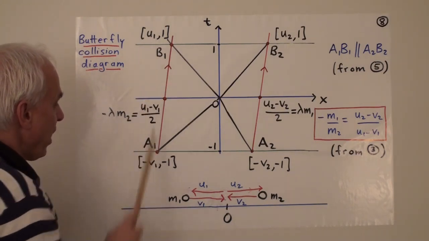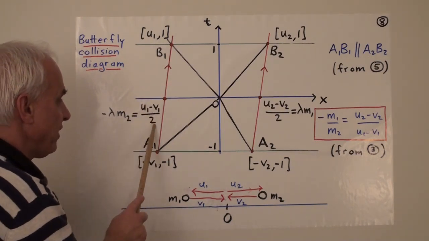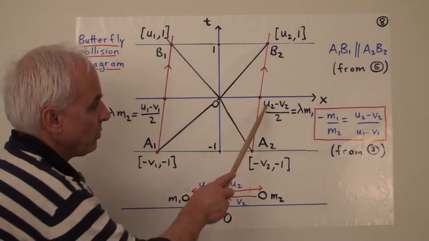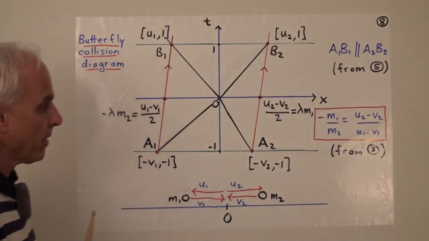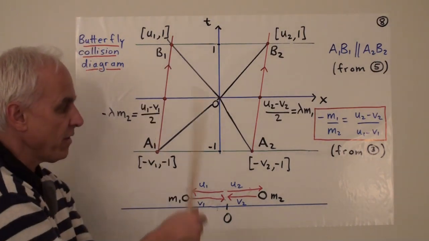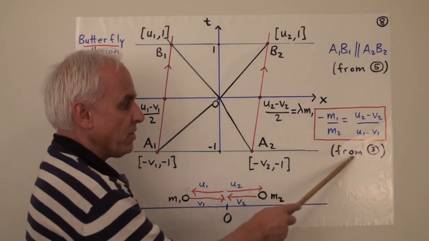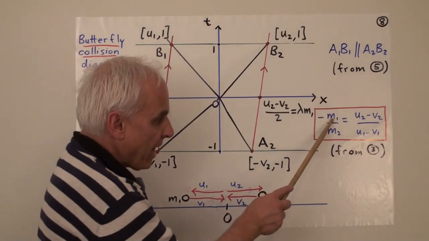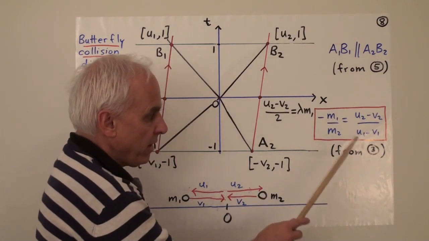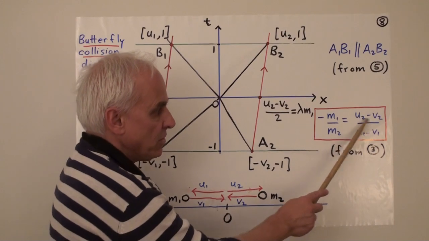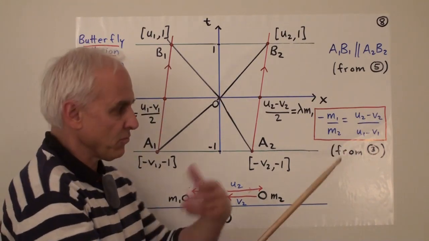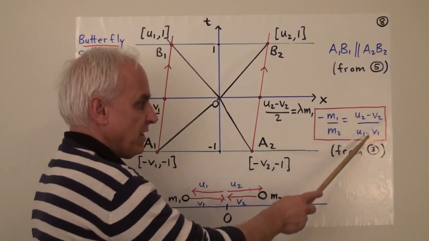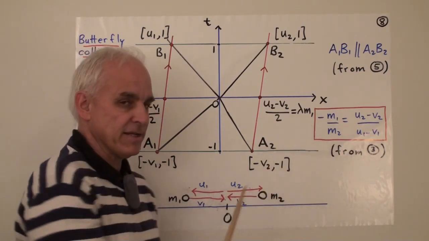And the average of u1 and minus v1 is u1 minus v1 over 2. Similarly, this point here will be u2 minus v2 over 2. And now we make the observation that the equation 3 that we wrote down can be rewritten like this. The equation 3 was that m1 times u1 minus v1 equals minus m2 times u2 minus v2. So we just rearrange that by taking the two masses one over the other. Then we're going to get u2 minus v2 over u1 minus v1 with a minus sign somewhere.